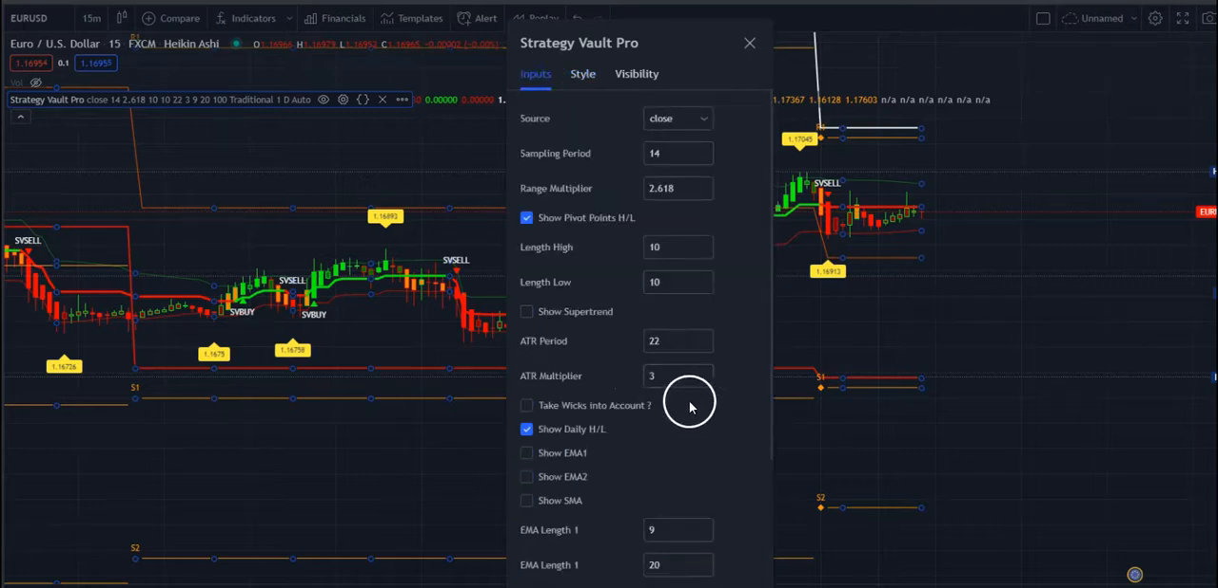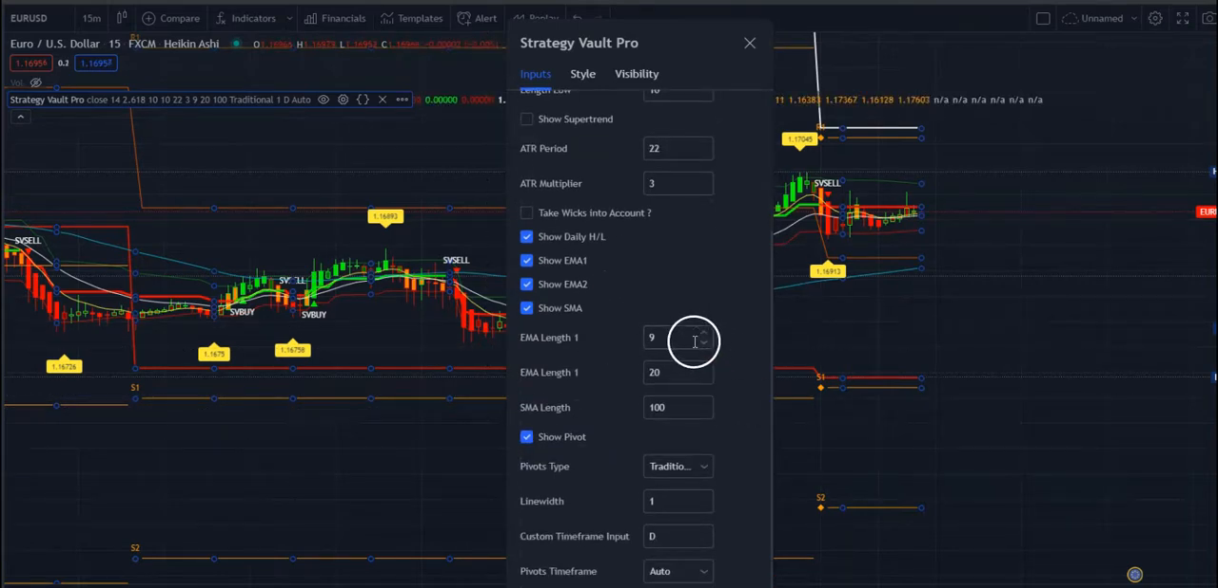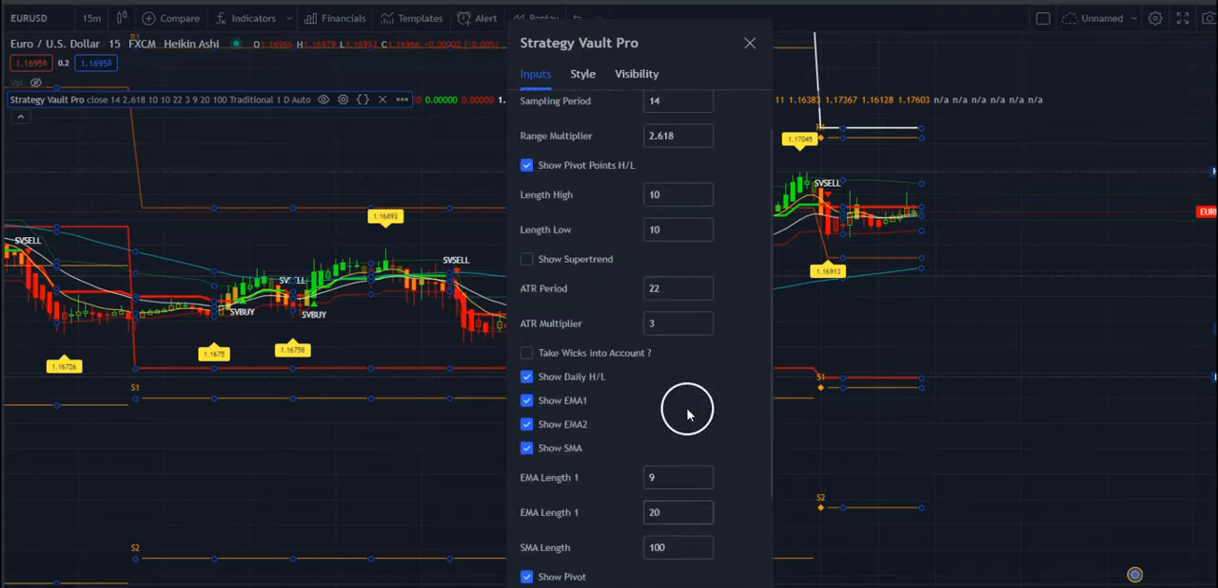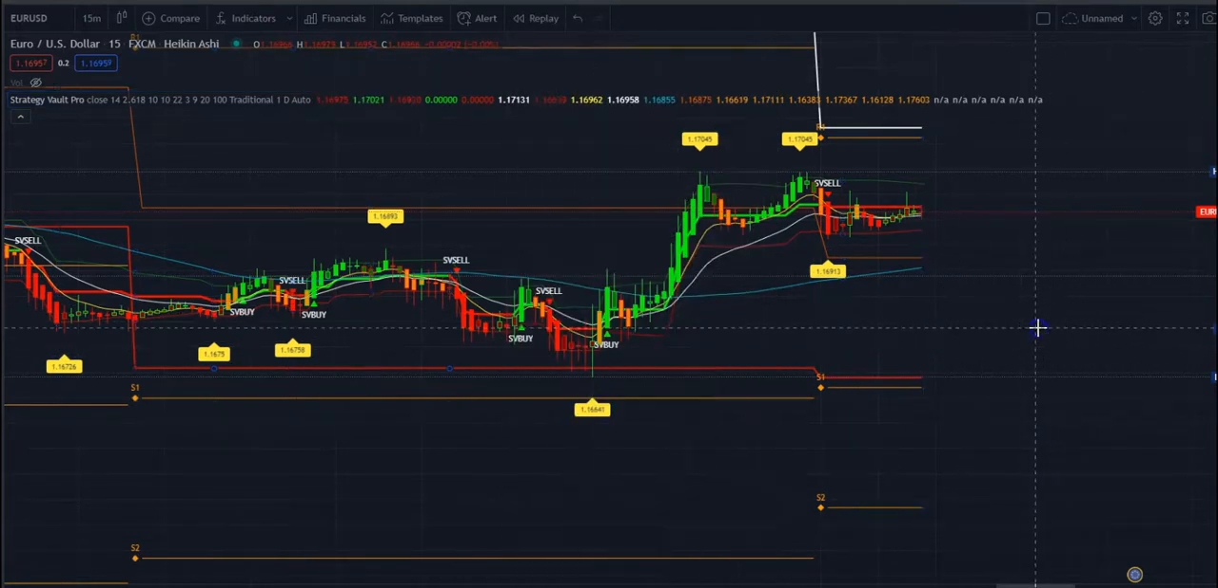Let's go back over to inputs. We have 3 loaded EMAs in here. We're going to show 1, 2, 3. Now, the first one is a 9. The second one is a 20. And that is a 100. So, I'm going to close this really quick. Let's see if we can. Now,